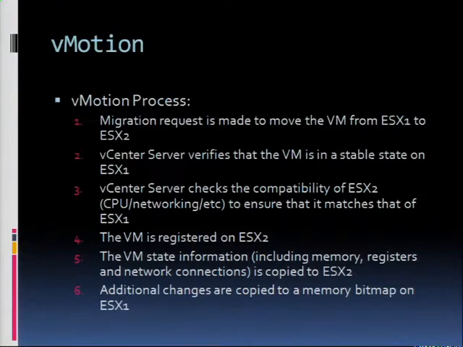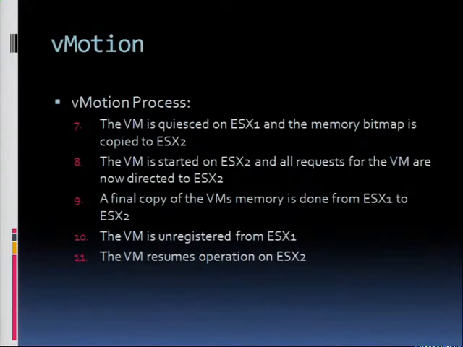Then the VM state information, including the memory, registers, and network connections, are copied to the second host. And then additional changes are copied to a memory bitmap on the first host, and basically it's going to use that to know what it needs to copy finally before it completes the vMotion process. The VM is then quiesced on the first host, and the memory bitmap is copied over to the second